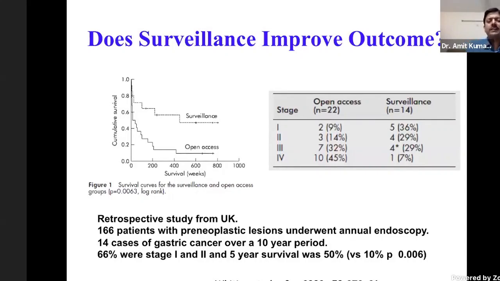This is a very interesting study which was published in Gut in 2002 from the UK. In this study, they had taken 166 patients who had pre-neoplastic lesions in the stomach, and these patients underwent annual endoscopy for up to 10 years. They compared them with another group which was left in the community with the physician and general practitioner, and endoscopy was done as per their own requirement, but not annually. So the group which had annual